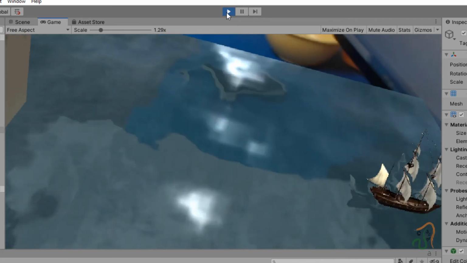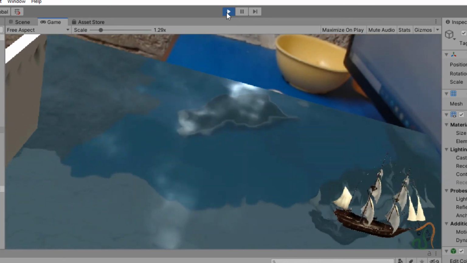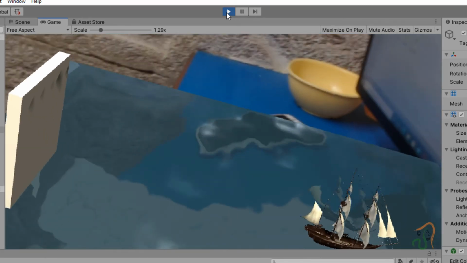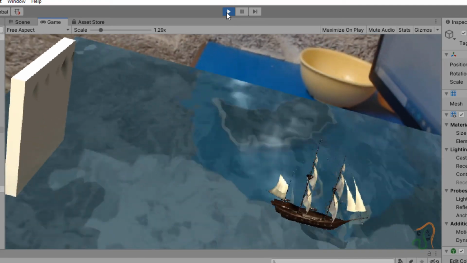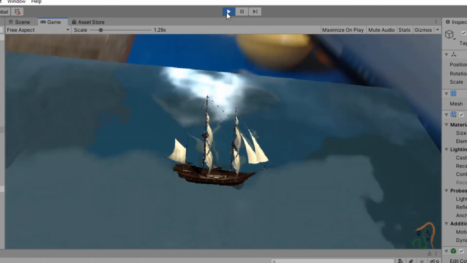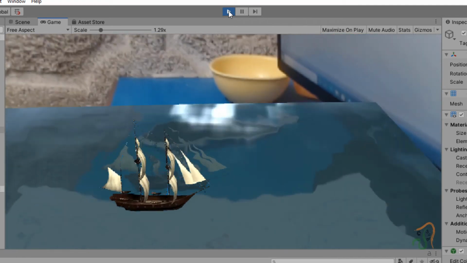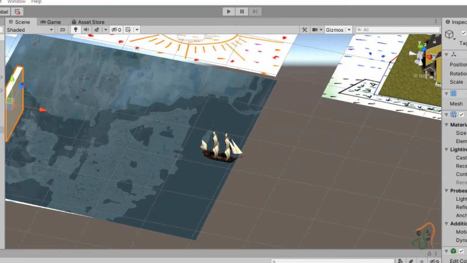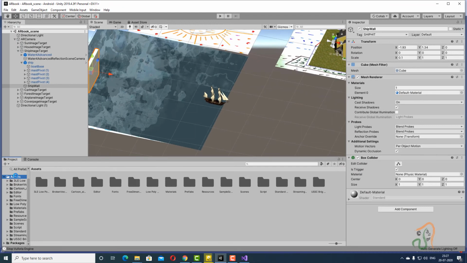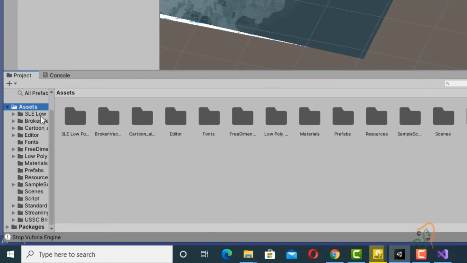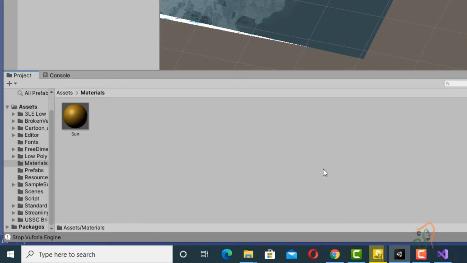Only the problem is here, this wall should not be visible. We don't want this wall to be visible. So for this, let us stop the playback. Now come back here to the assets, and in assets, see whether you have a folder called materials. So it is there. Double click materials.